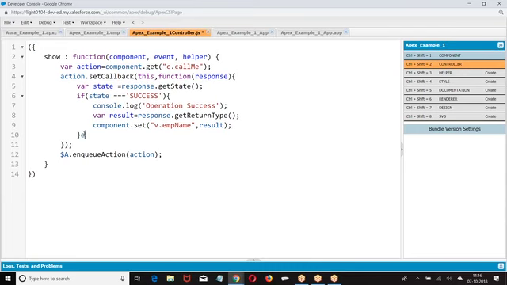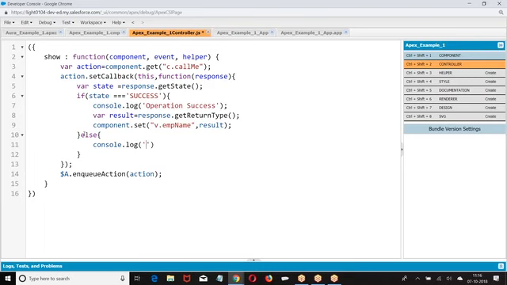So if it is a failure, maybe because of anything, it may be error or exception or abort or whatever it is, console.log. This is how I create.